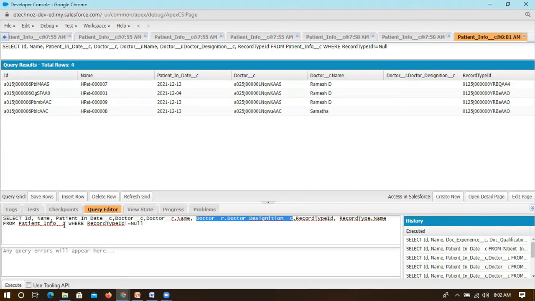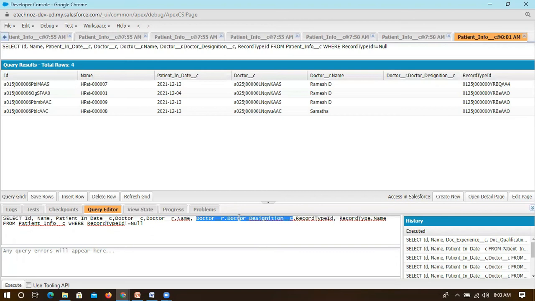It has to go to the parent and then to the doctor designation field. So instead of this record type ID, you mention this field, and not equal to null is the same. Got it? Yeah, you can try with this.